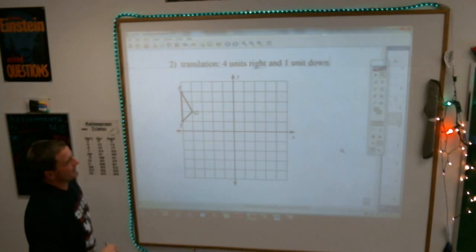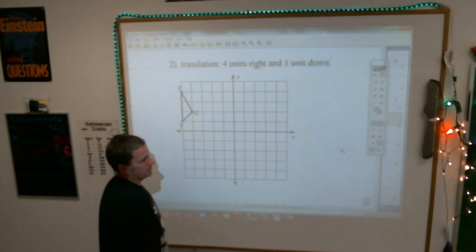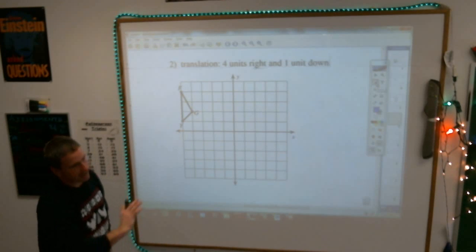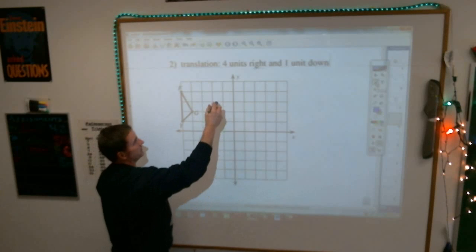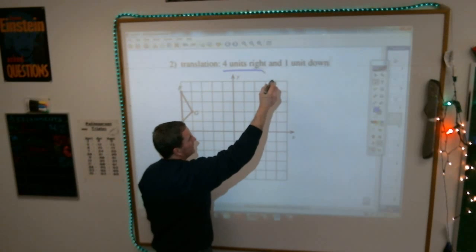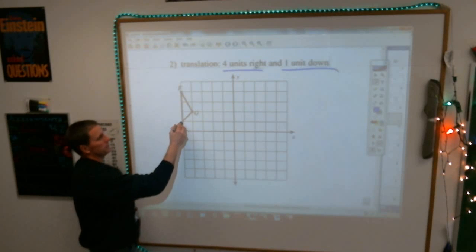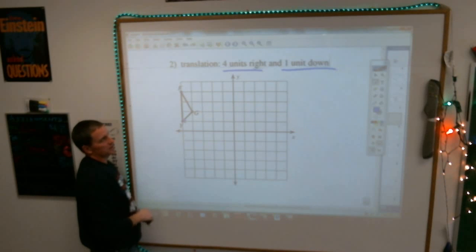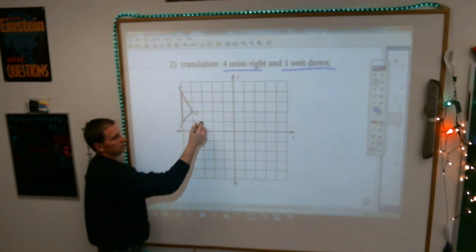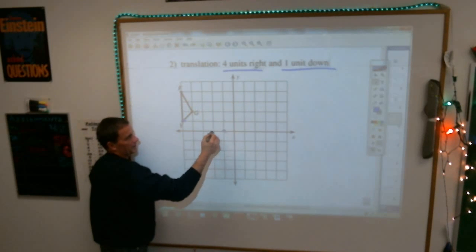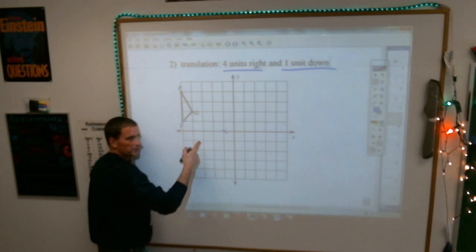Translations are incredibly easy because all you have to do is follow the simple little rule that it tells you. Translation just means it slides from one point to another. It says you go 4 units to the right and 1 unit down. So you find the vertices or the points there and you just do what it says. 4 units to the right, 1, 2, 3, 4, and 1 unit down puts this Y,